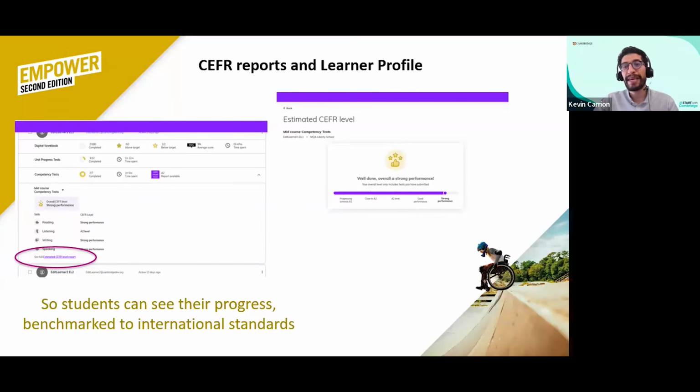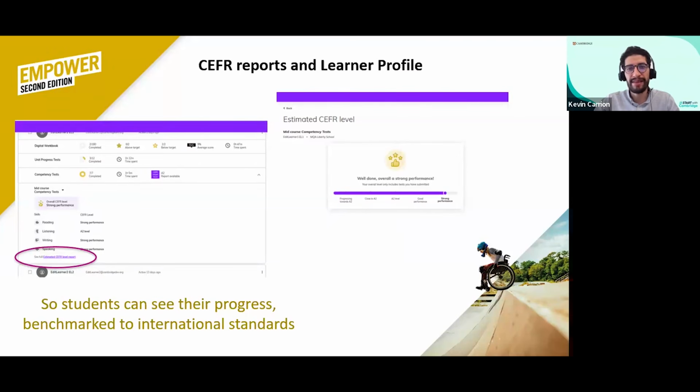Something important to mention is that in order for you to generate reports, the students should have done digital workbook exercises, unit progress tests, and competency tests. Hopefully those three types of exercises will give the teacher a better idea of the level of the student and what the progress of the student has been so far.